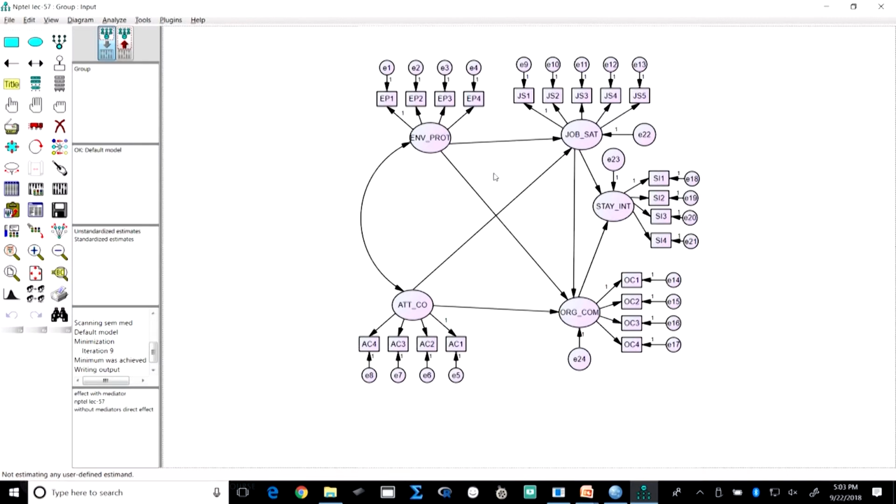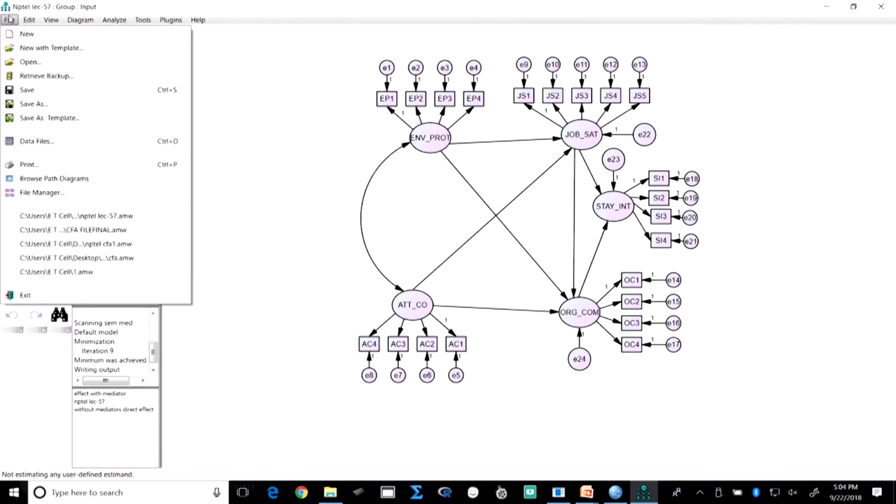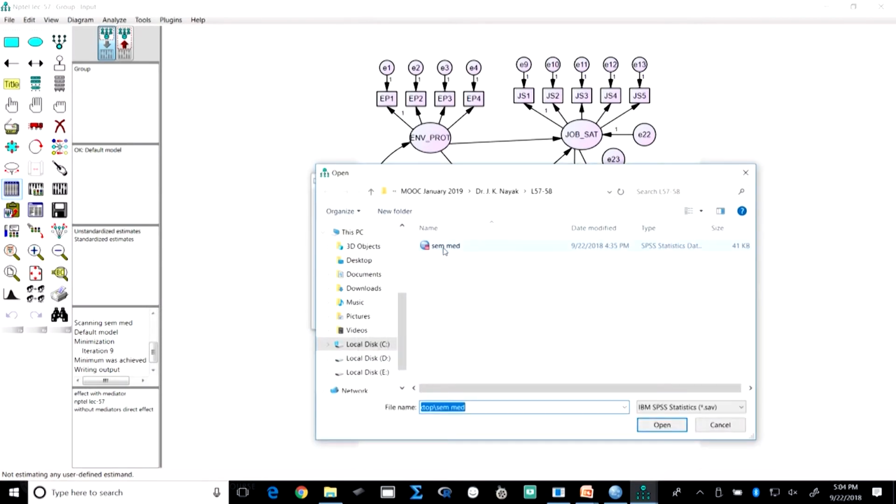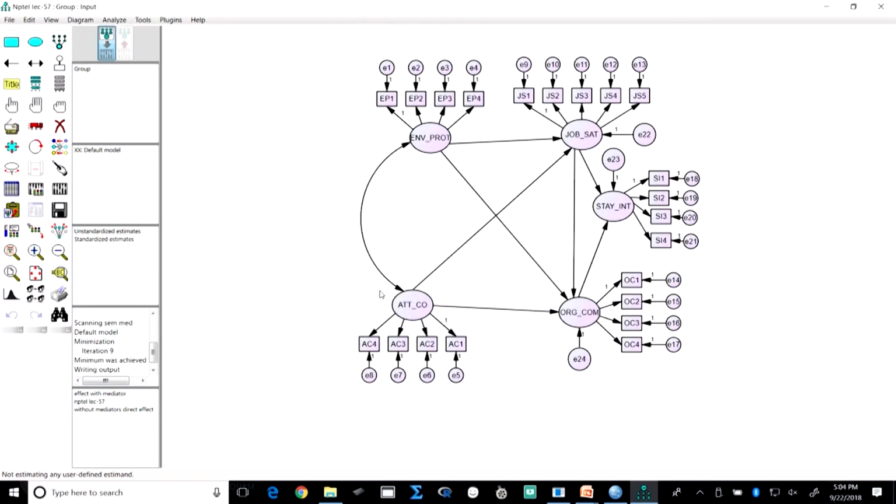Now, let us go back to the example. Here you see what we have done. We have done the same thing here. Now, the data, you know how to connect with the data, let me show you so that you do not get into a problem. I have the file, you go to the file, go to the data files, right. Where is your data file? You see, for example, this is my data file, right. Open, okay, right.